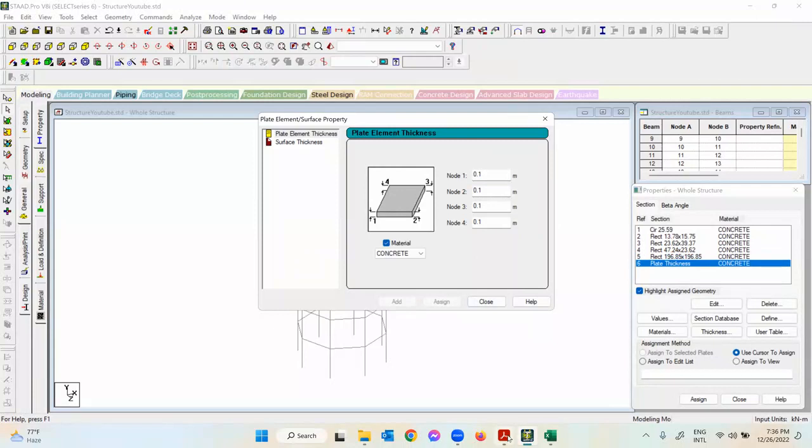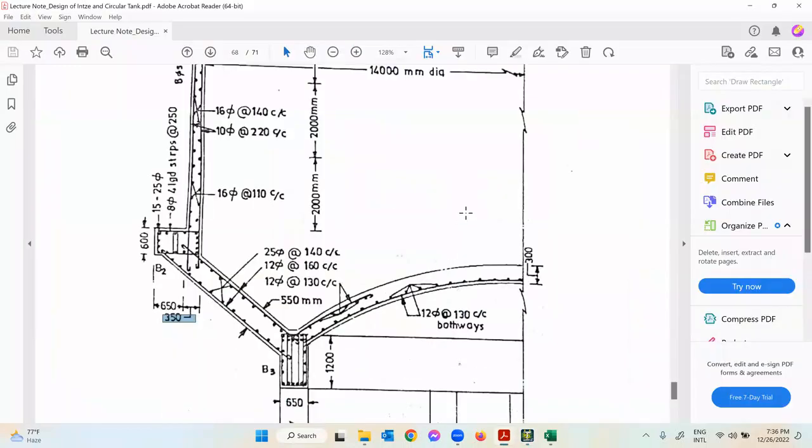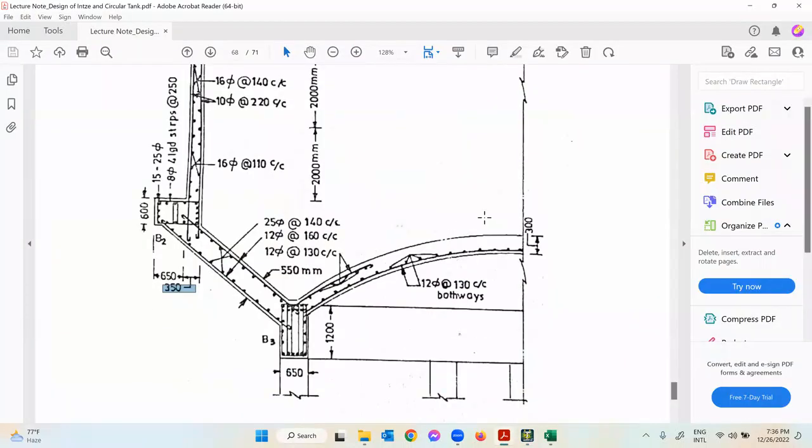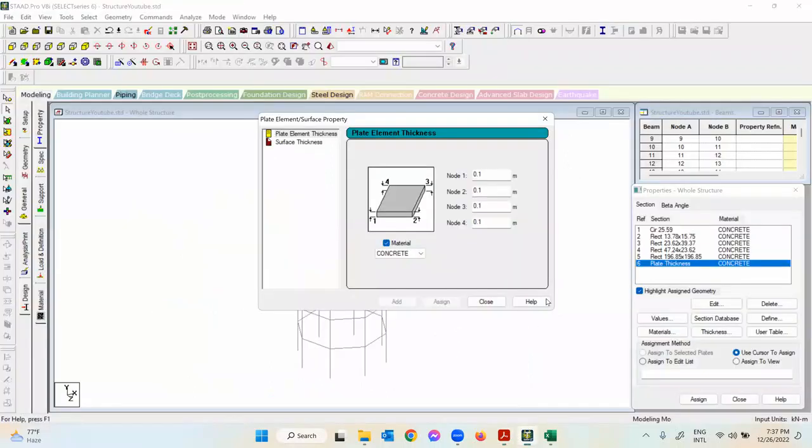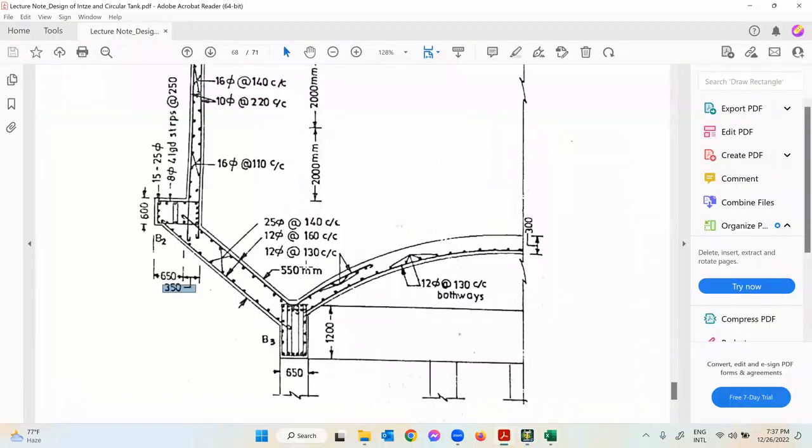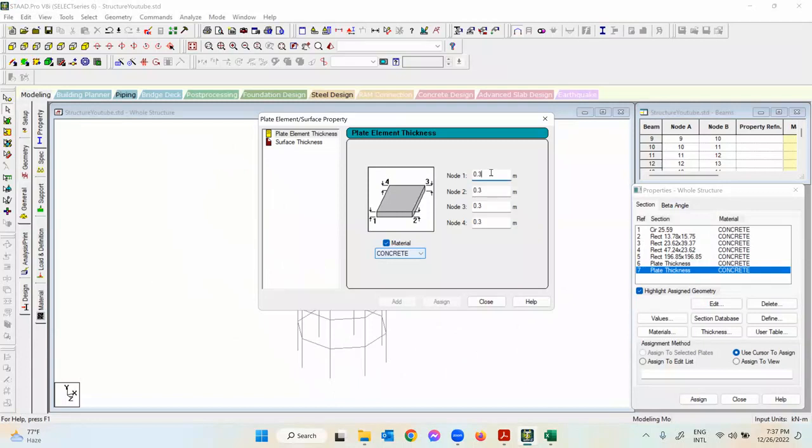Then we will add maybe the bottom spherical dome. That's 300 all over the surface. So I'll just use 300 here again. That's the bottom spherical dome. Then I need to define the conical dome. The conical dome thickness is 550 all along the span. Okay, so just 0.55. You can see all 4 have the same dimensions, and then I need to define the